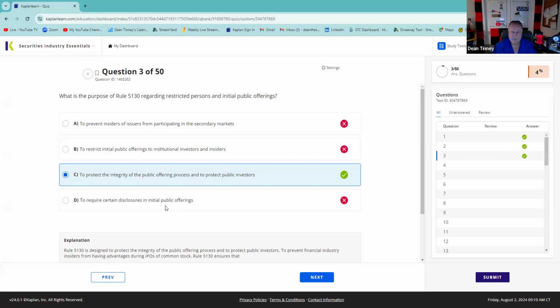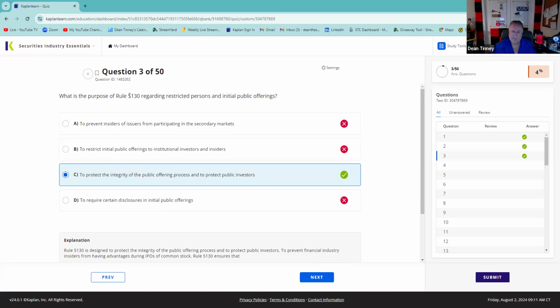We need to make a bona fide good faith distribution to the customer. So the customer says, well, gee, Steve, that must be nice working at Morgan Stanley, getting first dibs on all those hot IPOs. I go, no, it's the opposite. As a Morgan Stanley employee, or a family member of a Morgan Stanley employee, or an attorney or accountant to Morgan Stanley, I'm a restricted person, meaning I can't receive IPO allocations. This is to make sure that we make a bona fide distribution. So very much a test question.